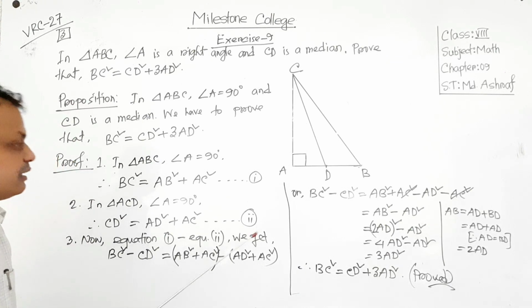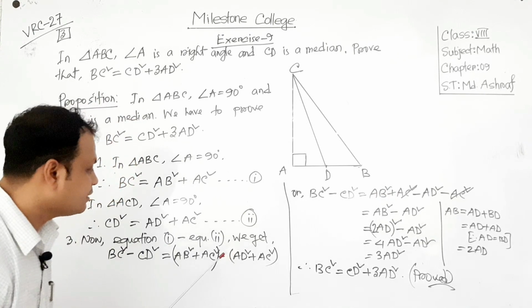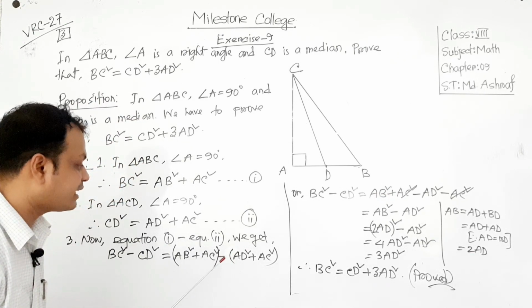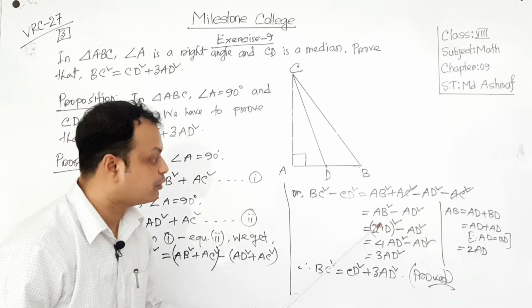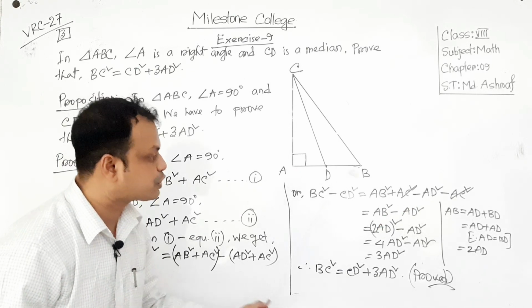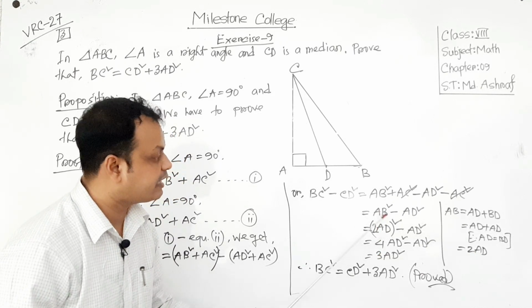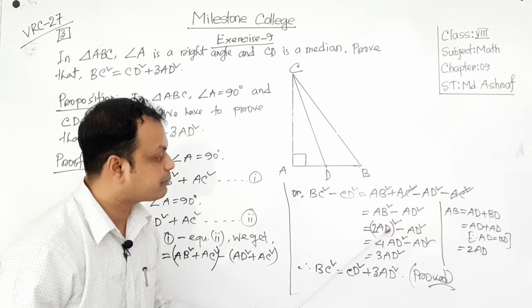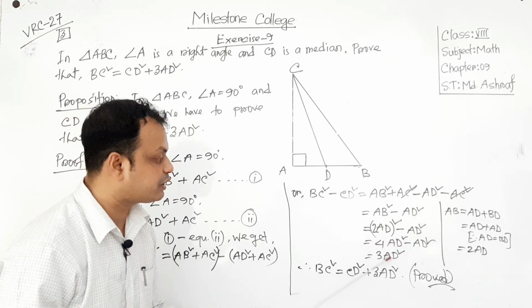Okay, so this is the thing. Now eliminate the bracket. How do we get? AB square plus AC square. Then in front of this bracket we have a minus, so the sign will change. After changing we get AB square minus AD square. Now AB equals what? AB equals 2AD. So instead of AB we write 2AD and this square will be here. Then when the bracket is eliminated, 2 becomes 4 and AD square minus AD square. That means we get 3AD square.